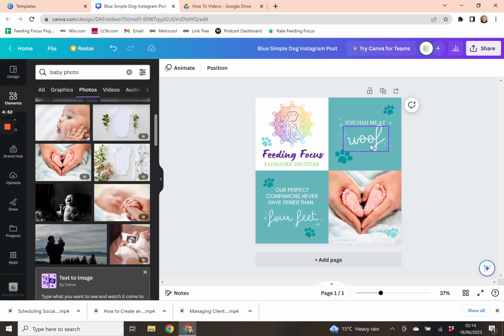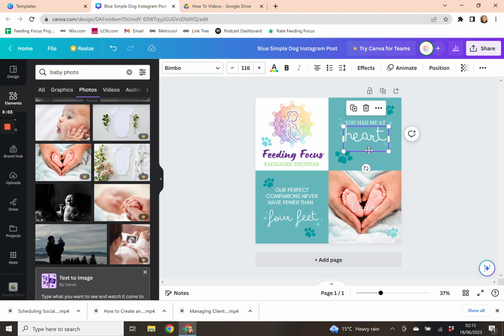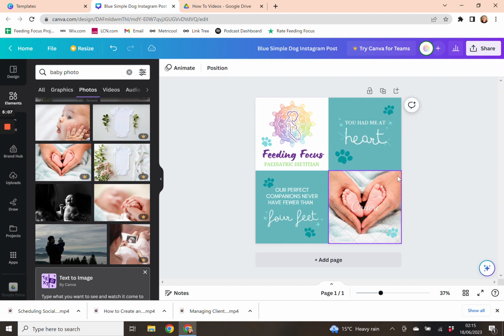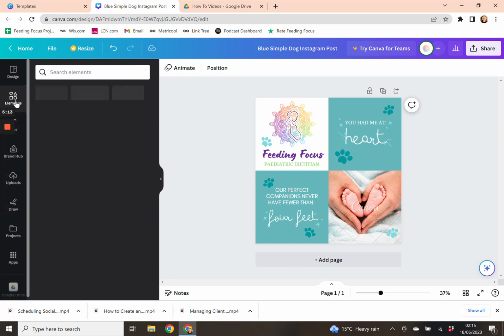Now, I want to change that word woof to heart, so I click on it and I just type in, a bit like you do with Word, etc. If you want to move the text around, just click on it, drag it to where you want it to be. If you want to add other elements to it, so for instance, let's say